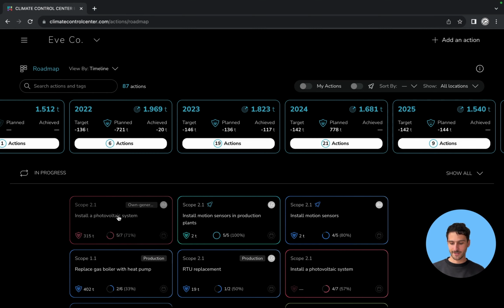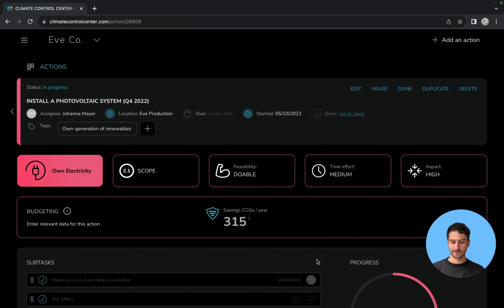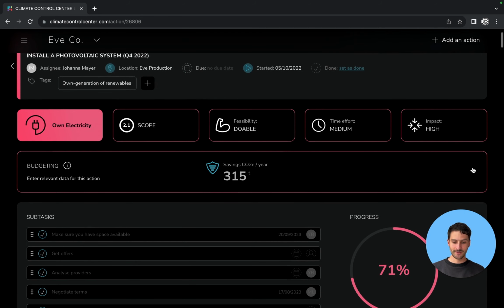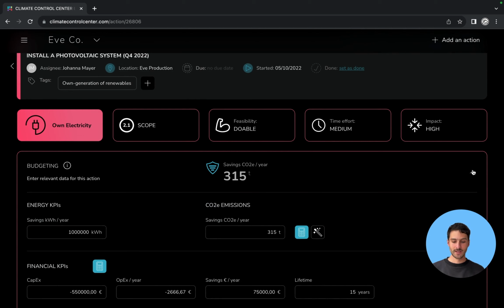Right here we have an action called Install a Photovoltaic System. And when I click on it, I see that the budgeting section has already been filled, and the savings of CO2 equivalents per year amount to 315 tons. Right here, I can access the CO2 Calculator tool, but before we do so, we need to do one thing